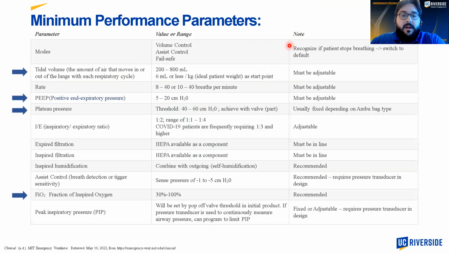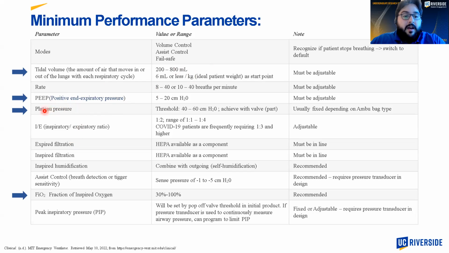Here are the minimum requirements for medical ventilators to be efficient. The main idea we'll be focusing on in this project is the tidal volume, which is the amount of air that's moving in and out of the lungs in each respiratory cycle, which is between 200 and 800 milliliters. It depends on the state of the patient, and it's determined by the medical professional. The PEEP, which is a very important phenomenon that happens when you're connected to a medical ventilator, which I'll be explaining